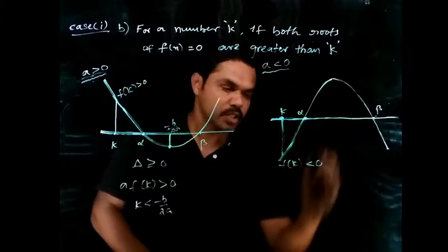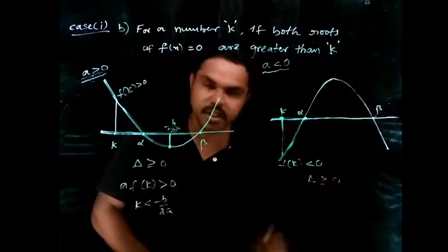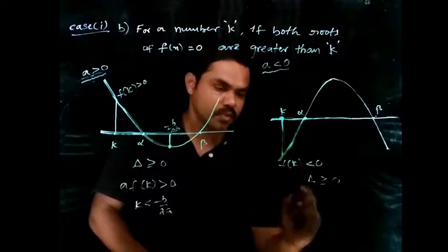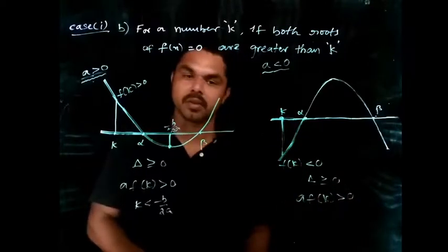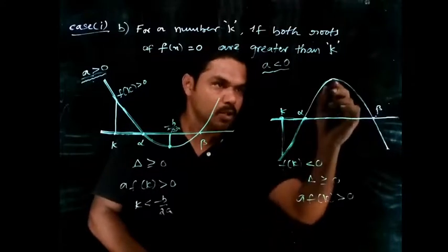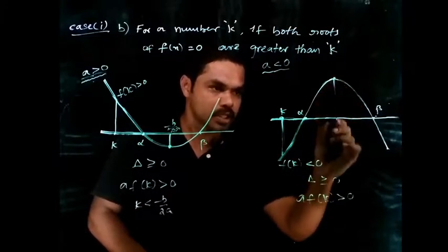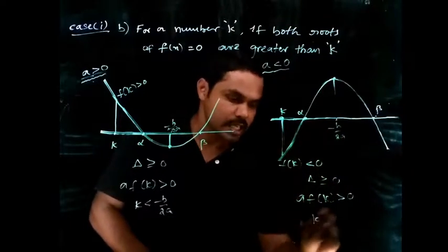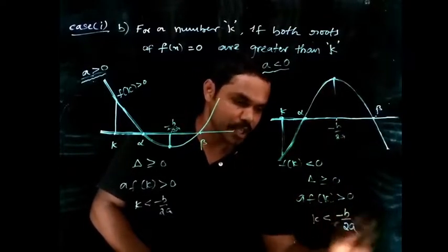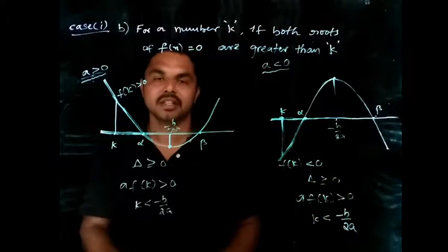So we have two different roots, so delta is greater than or equal to 0, one condition. A is negative, f of k is negative. So negative into negative is again positive. Okay, second condition. Moreover, this is the vertex of the parabola, so this will be the minus b by 2a value. So k is less than minus b by 2a. So these are the conditions in the second point.